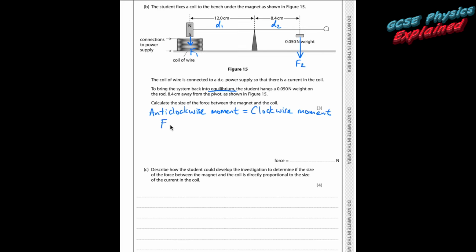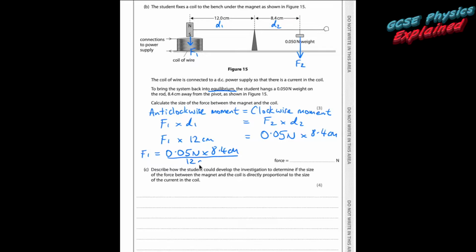Remember, the moment is the force times by the distance from the pivot. So that force times by 12 centimetres will equal this force times by 8.4 centimetres. So if we rearrange that, F is going to equal 0.05 times by 8.4 centimetres all divided by 12 centimetres, and that equals